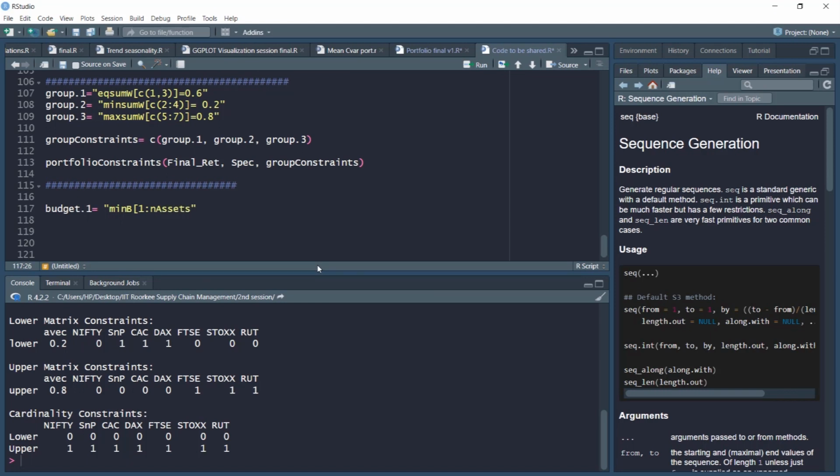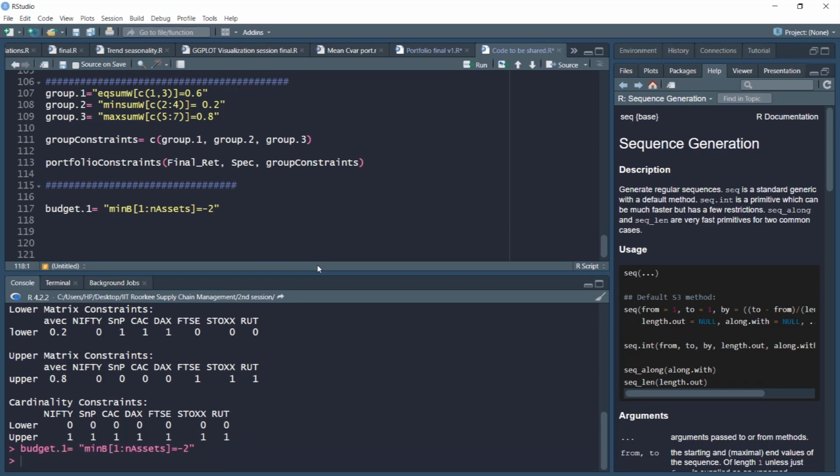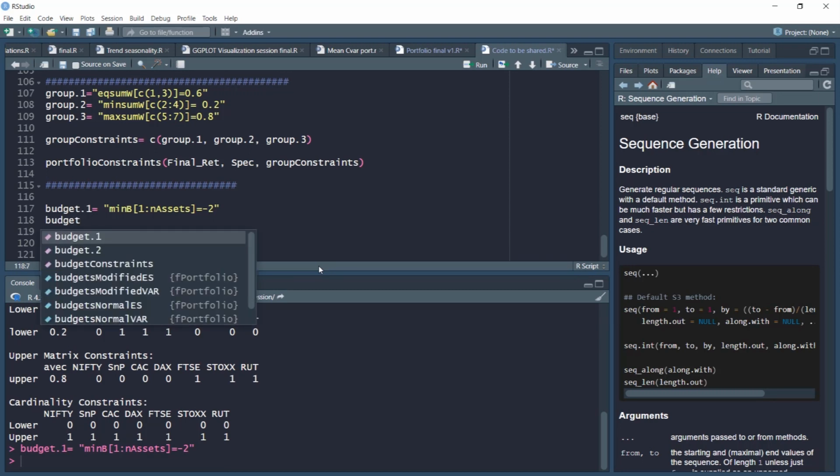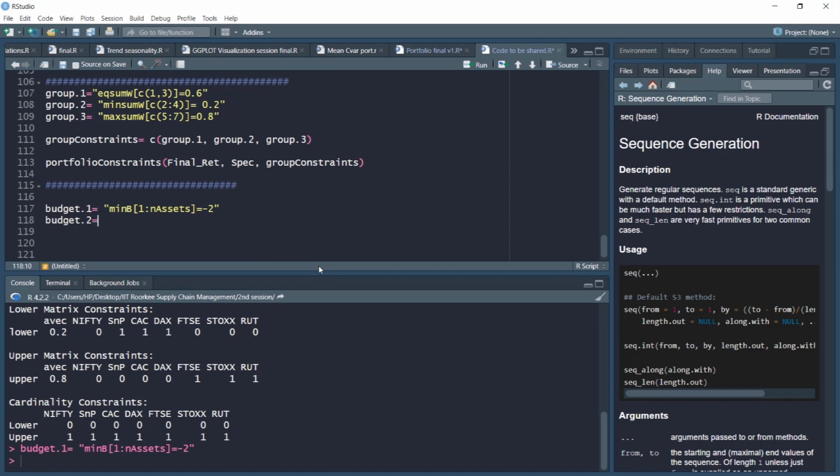In this case it is 7. I specify the minimum as maybe minus 2, and then budget 2, which I specify as the maximum risk contribution